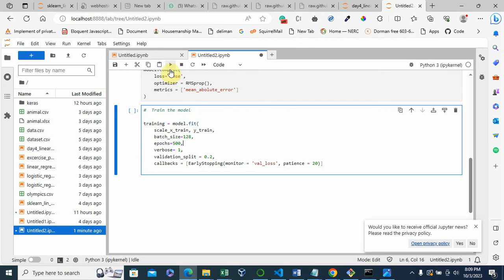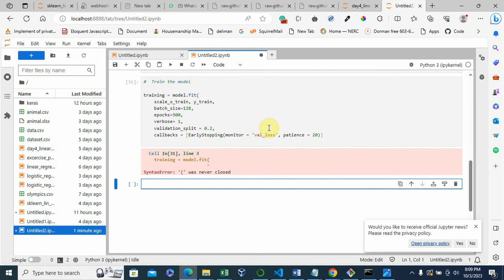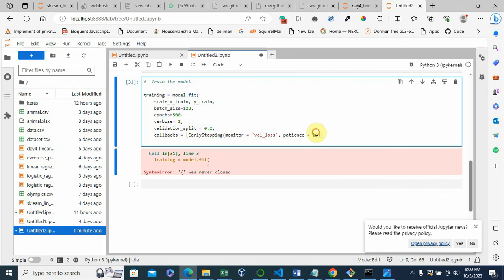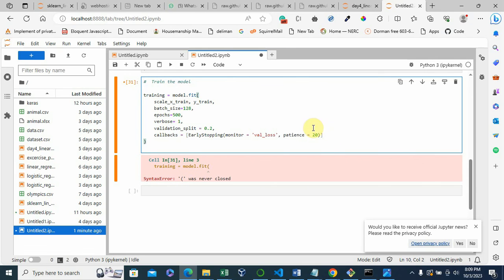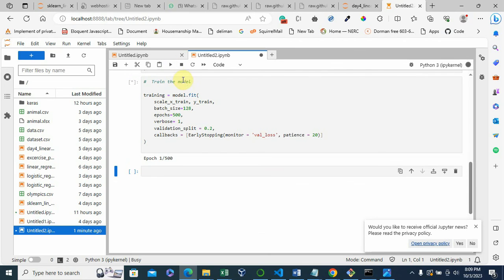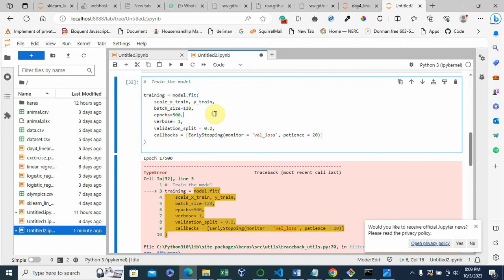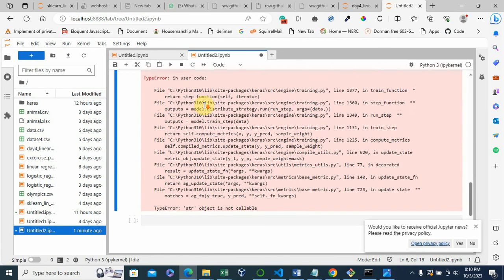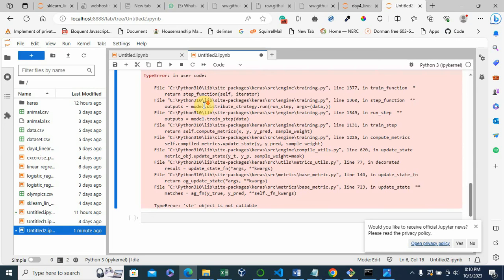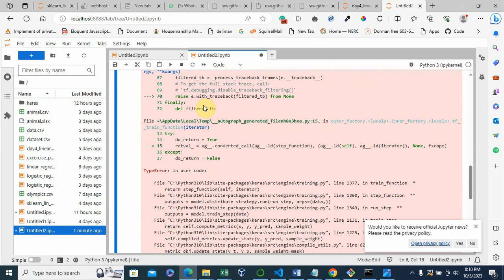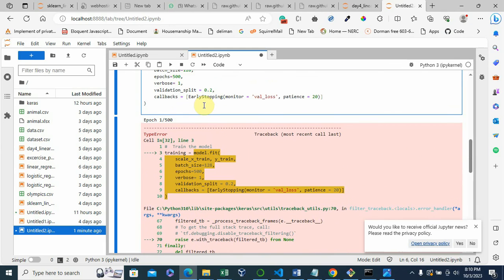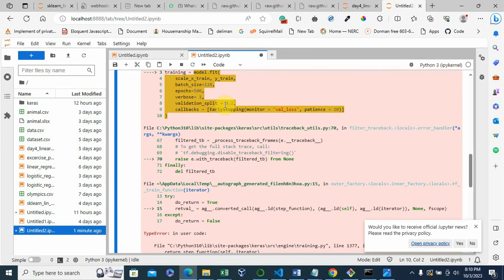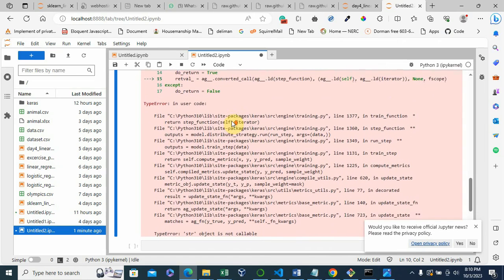All right, so if you run this, something was never closed. It's not callable. Let me check that out.